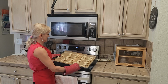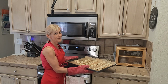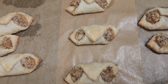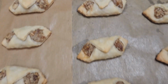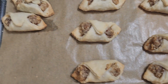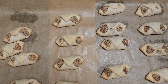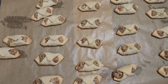And those are ready. For those of you who are not lovers, you're going to like those. The light in my house is not the greatest. It doesn't show the true, real color you would see live, like I do. But you can see none of them have split in half. Oh, maybe this one just a tiny bit, but let's say 99% of them stayed together so that honey and